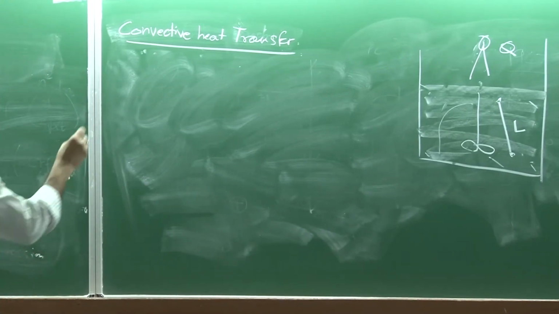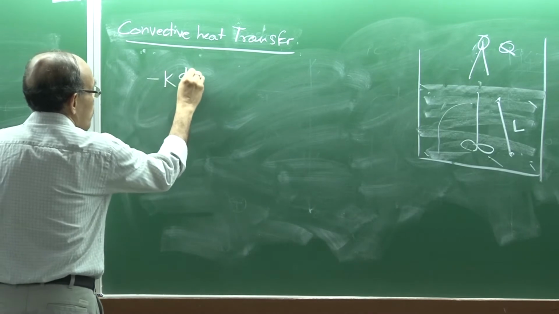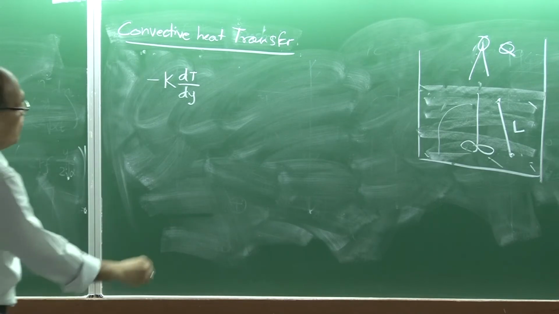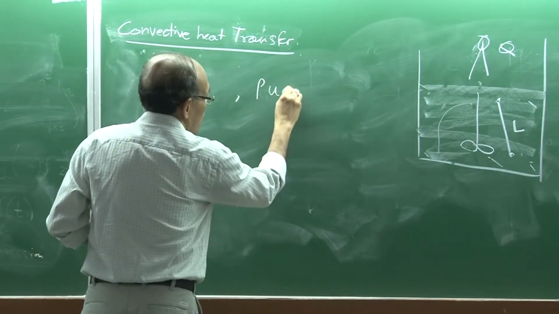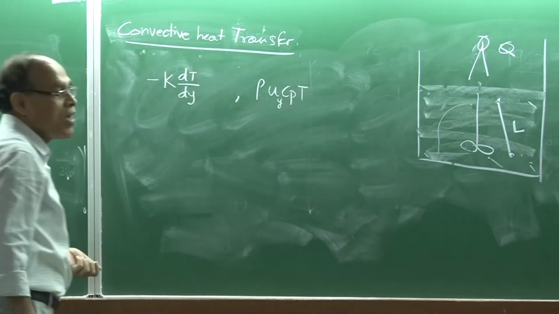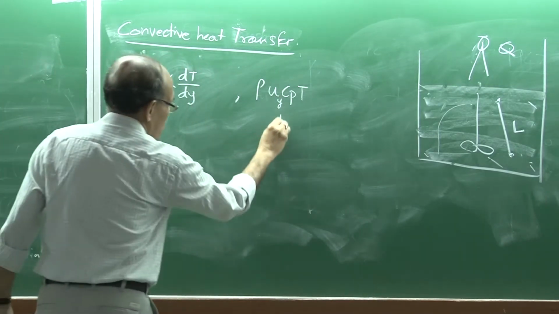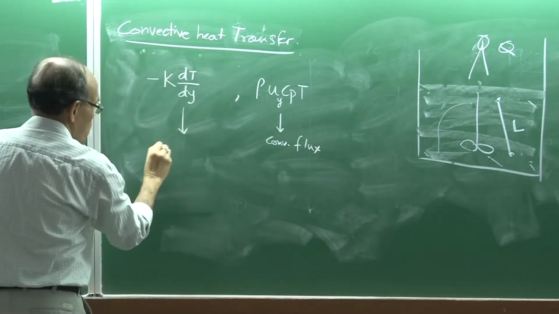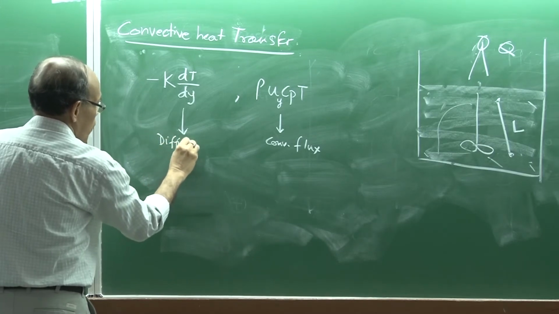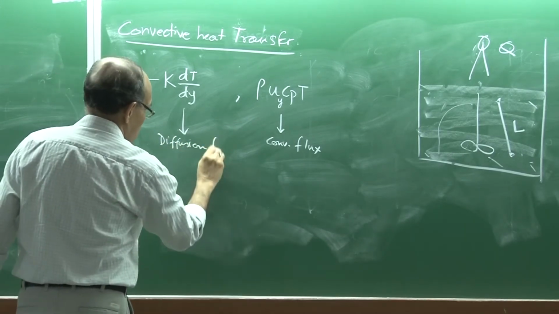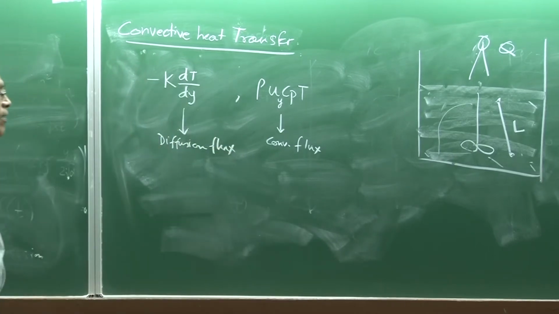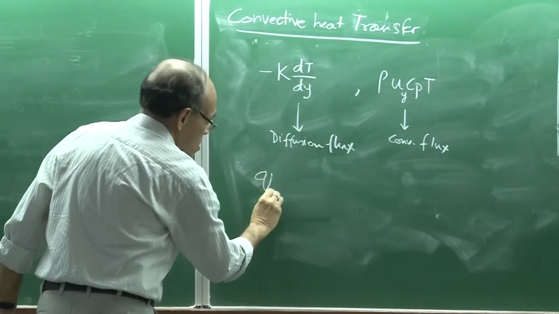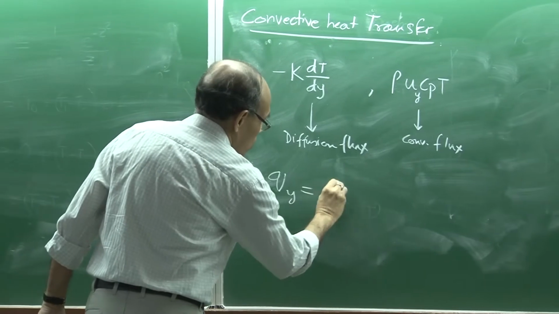Now, we have seen that this was our diffusion flux, and we will say that this represents our convection flux. Diffusion, or heat conduction, which is the same thing, is characterized by a gradient. So, the net flux of Q in the x direction or in the y direction is going to be equal to the conduction flux